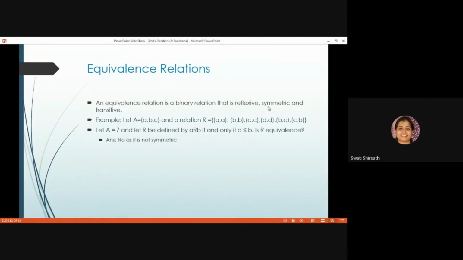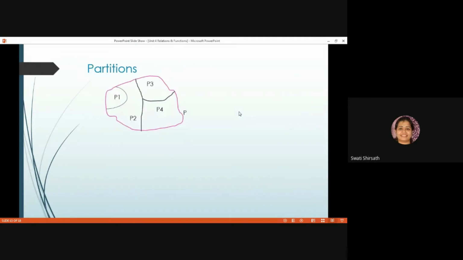So we'll say this is not symmetric, and hence we will not check for transitive. It is transitive, I know, but we will not check whether it is transitive or not. So we'll directly say that if it is not symmetric, then it is not an equivalence relation. So the definition says all these three should be satisfied by the given relation: reflexive, symmetric, and transitive. Okay. Then we have this. Okay, is there any doubt in equivalence relation?